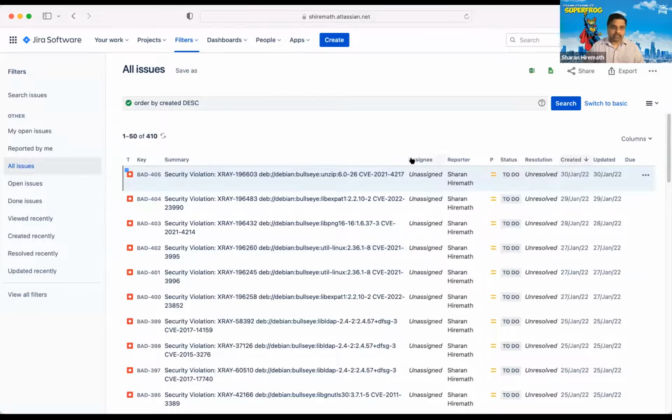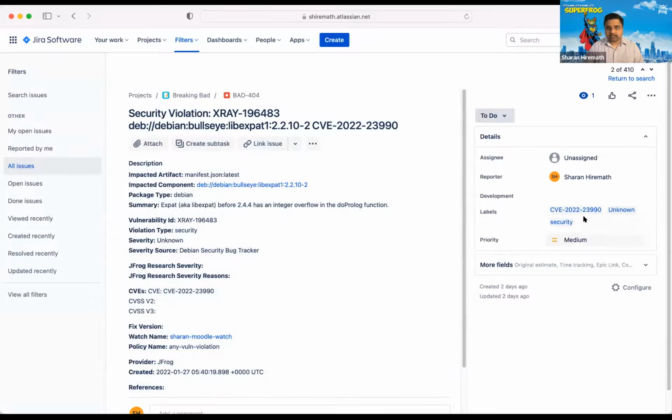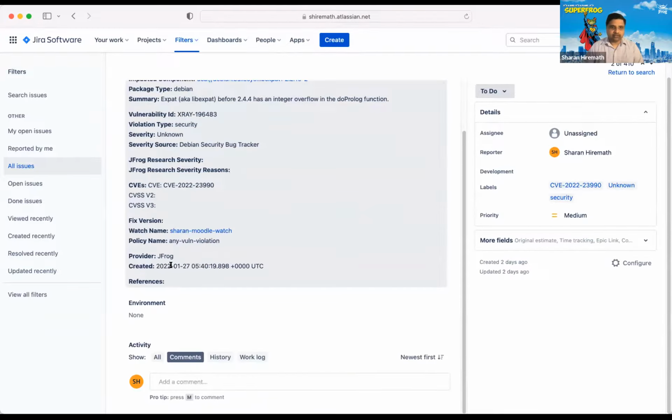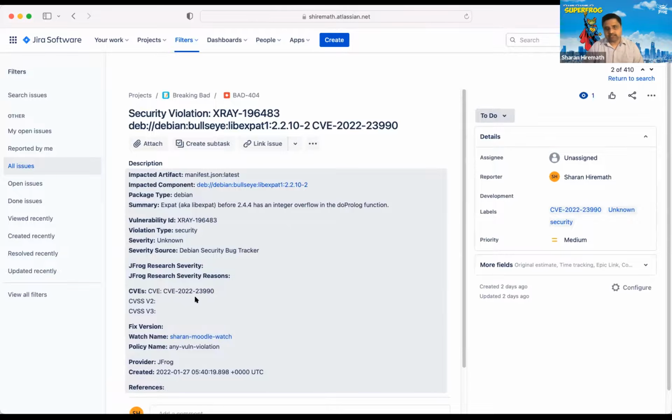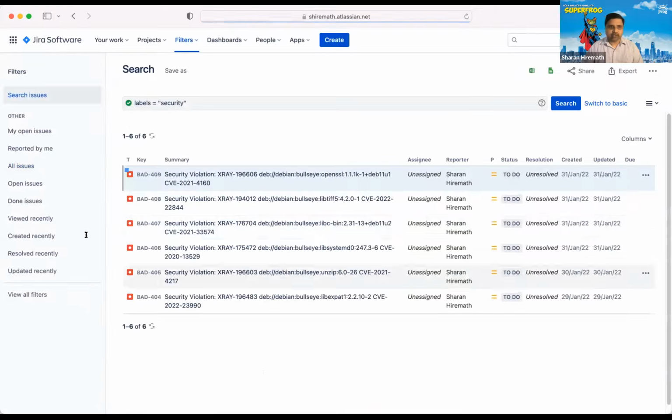So this is my Jira Cloud instance. I'm just going to click on one of these. And as you can see, there are different labels created, and all the information that Xray has, it has detailed information. And again, you can click on one of these and filter these by security, for example. These are all the security labels that we have for the detections that I have. So very quick, very straightforward way to set up and use your existing workflow that you have defined, and everybody is familiar with, to create Jira tickets. The second topic I wanted to talk about